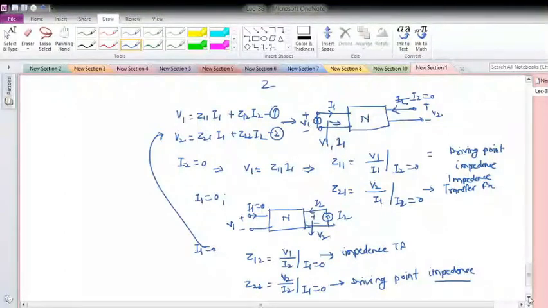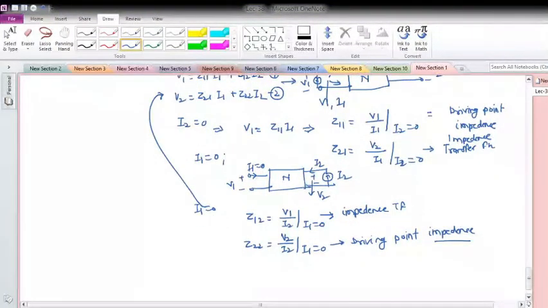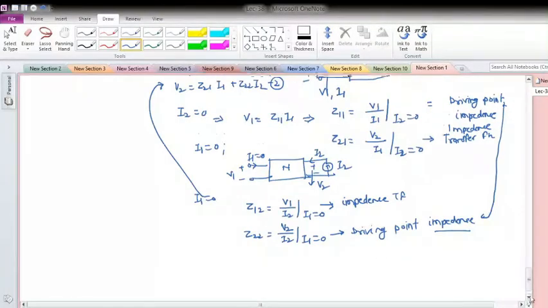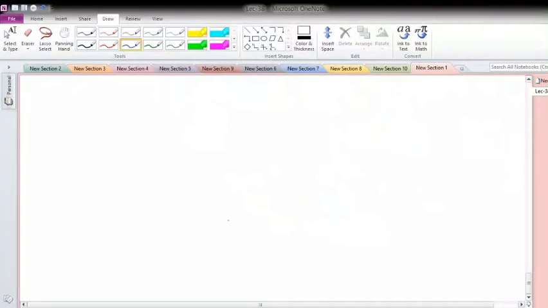So now what I can again say from this is that in open circuit parameters there will be two driving point functions and two transfer functions, in impedance form. That's why these parameters are known as open circuit parameters, and the dimension is of impedance. Now let me characterize it for the realization. So this can be visualized as follows.